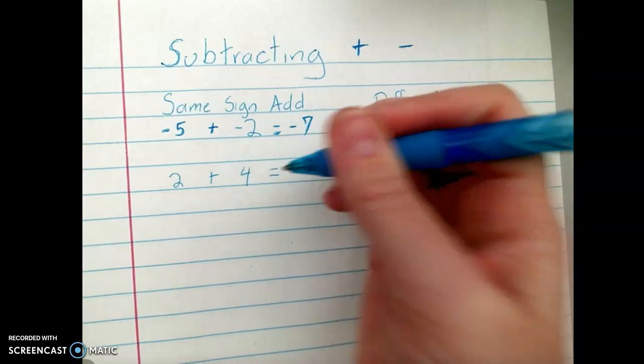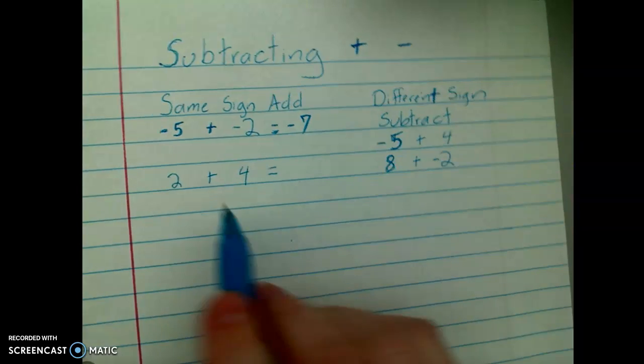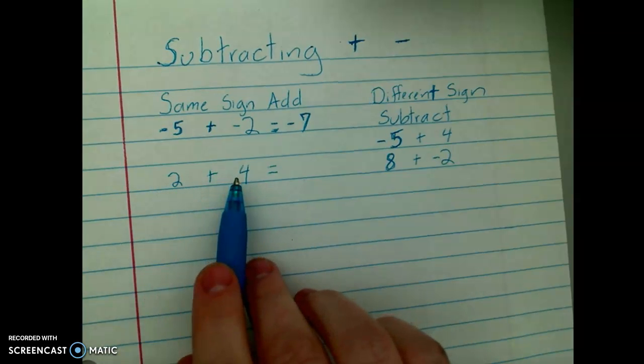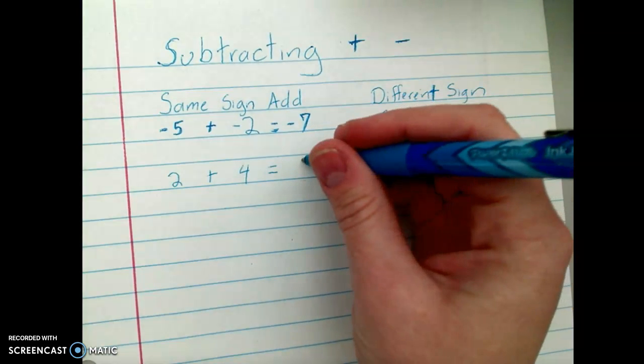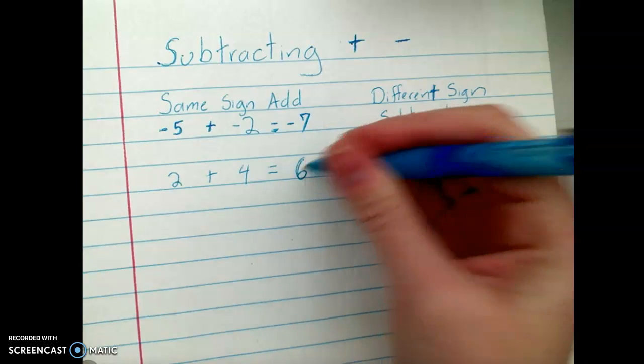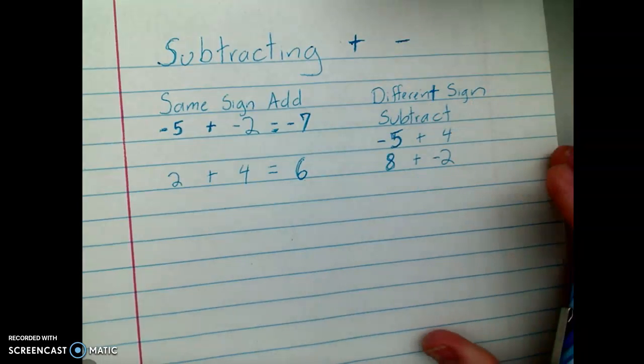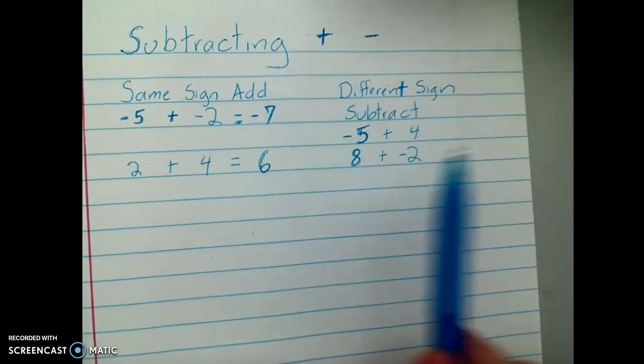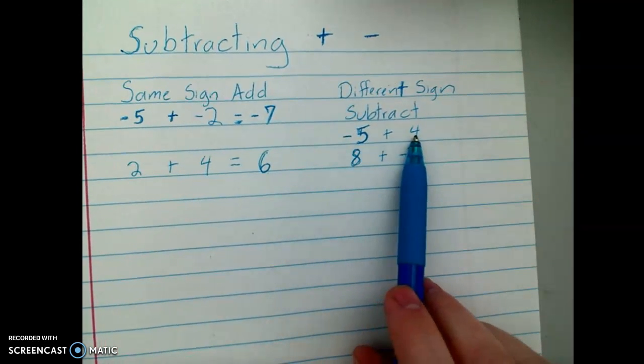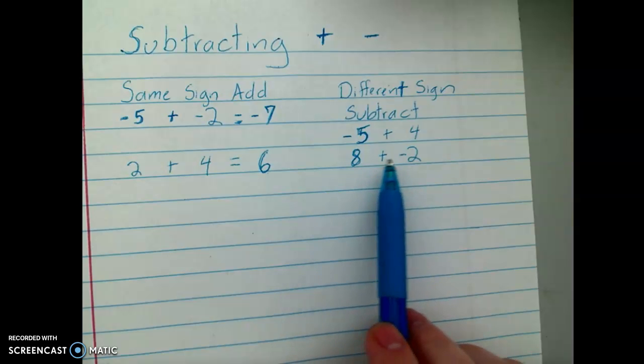That's the same as if I were to take two positive numbers and add them together, right? They're the same signs. They're both positive. So I would add them, and I would keep the sign. This is still positive. Now, if they have different signs, either a negative and a positive, or a positive and a negative,